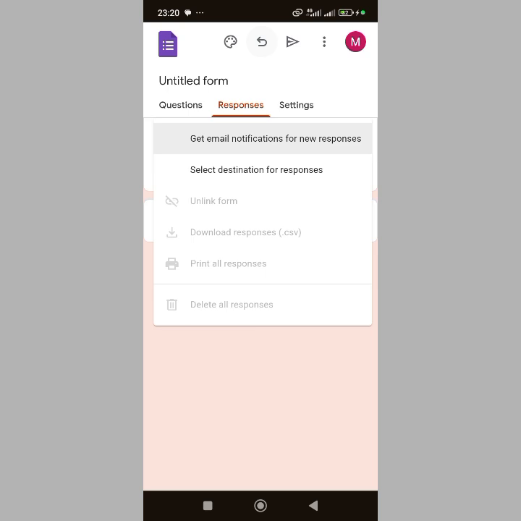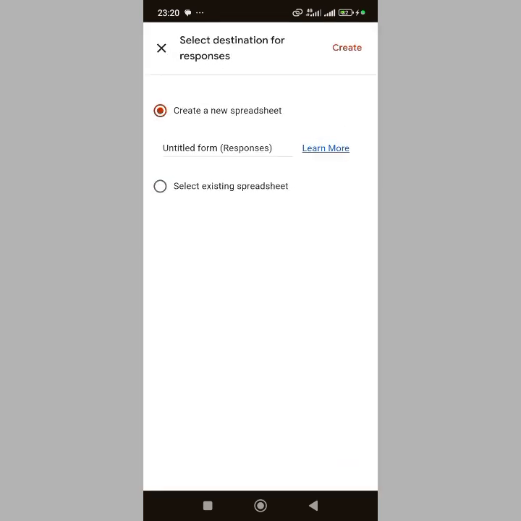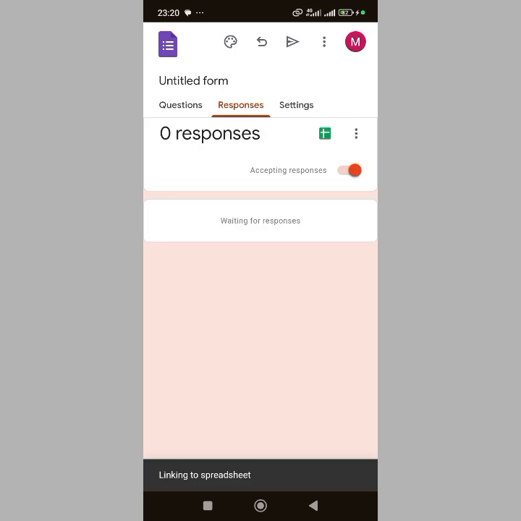You can get an email notification for new responses, but that's not why I'm here. I'm going to click on that Excel icon. You see, create a new spreadsheet. If you want to create a new one, you can. I will just click on create